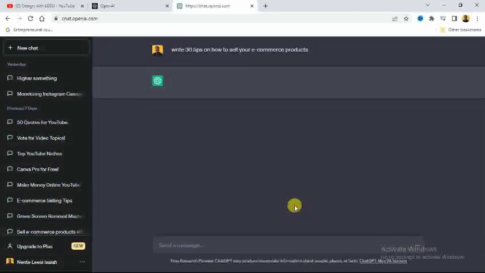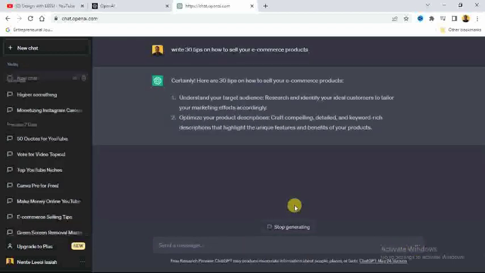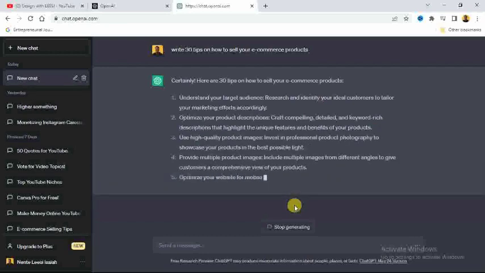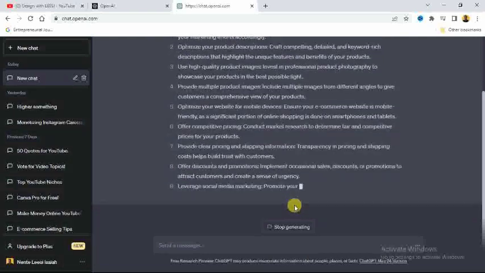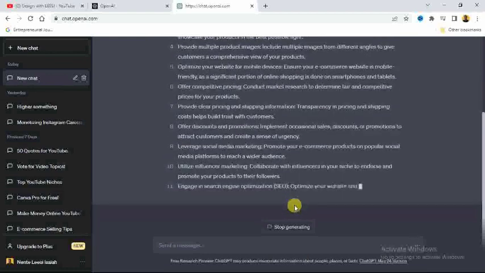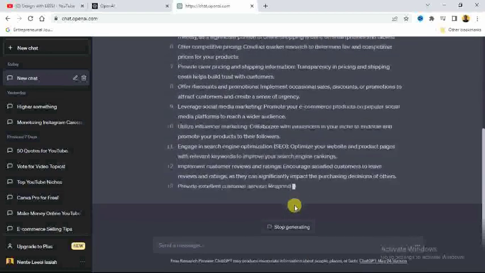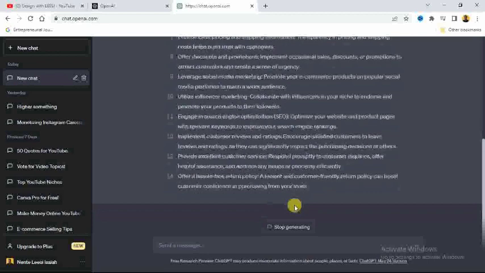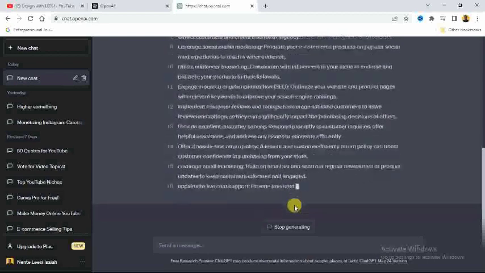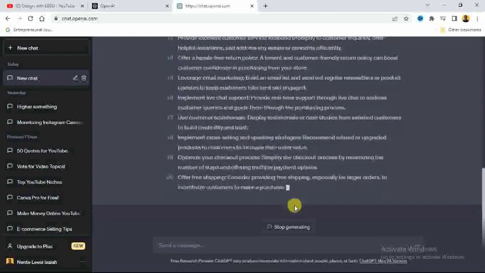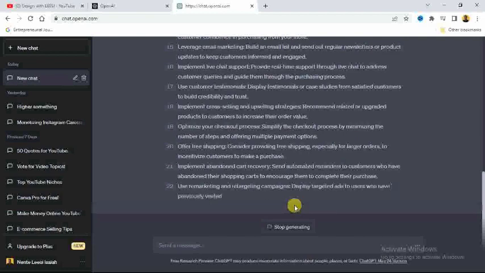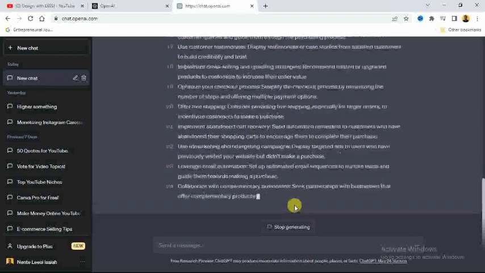So when you type in this prompt, what you have to do is click on the send icon there. When you click on this send icon, it's going to generate 30 tips on how you can sell your e-commerce product for you. So if you want to use this to grow your Instagram page, this is how you are going to go about it. After giving you these 30 tips, we are going to move on to how to generate these 30 designs